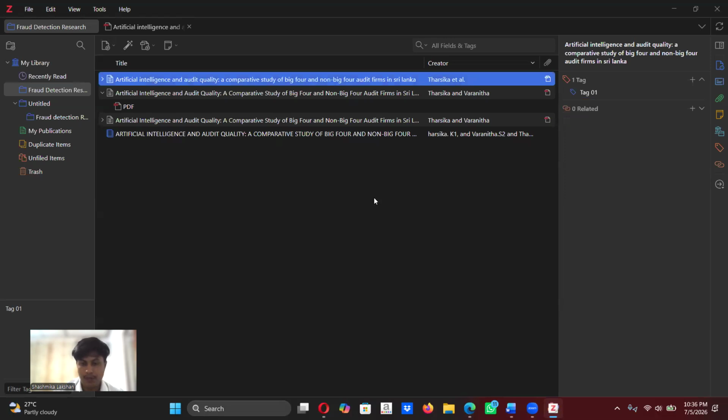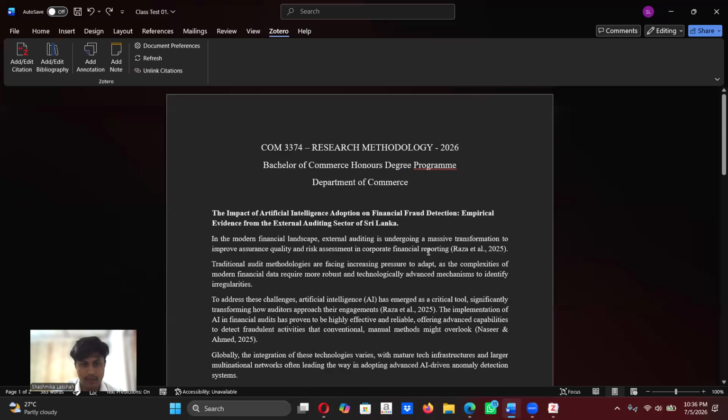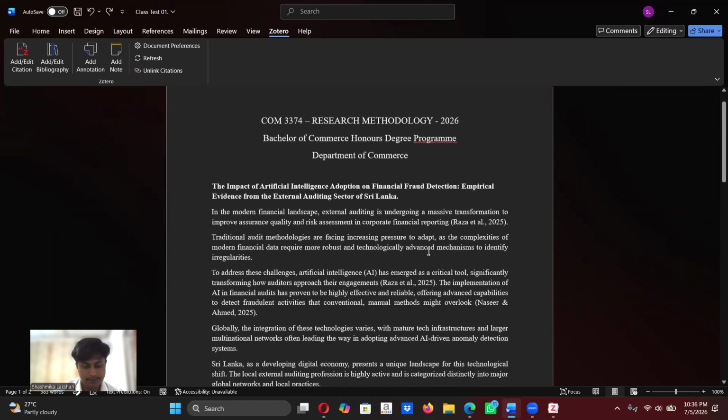So now let's open Microsoft Word for my research data. I will place my cursor in this sentence, go to the Zotero menu and add the citation.